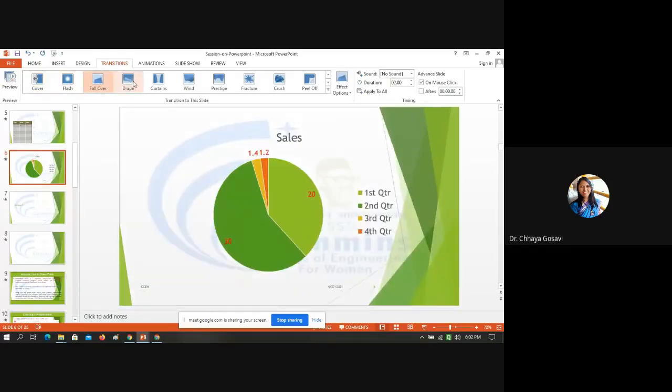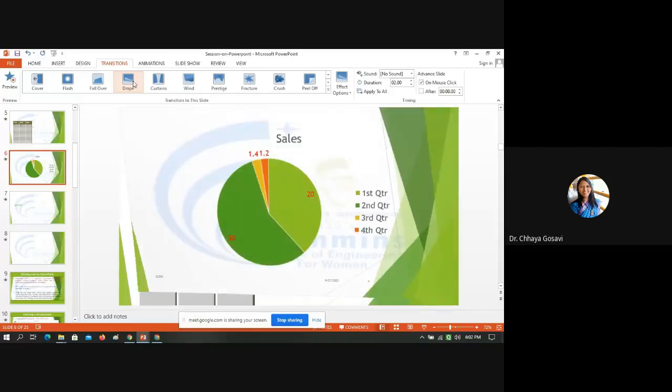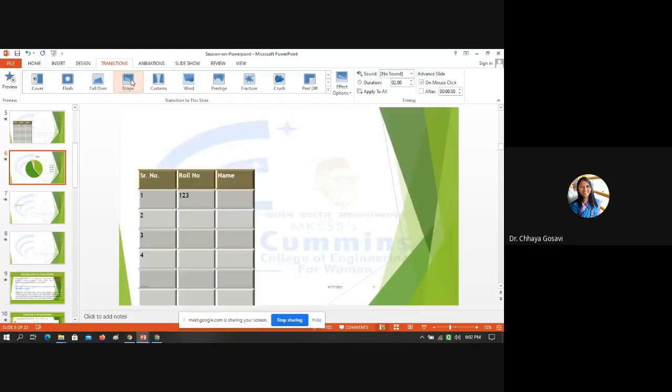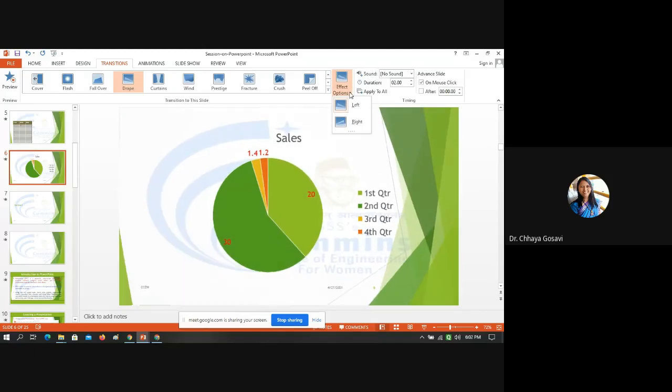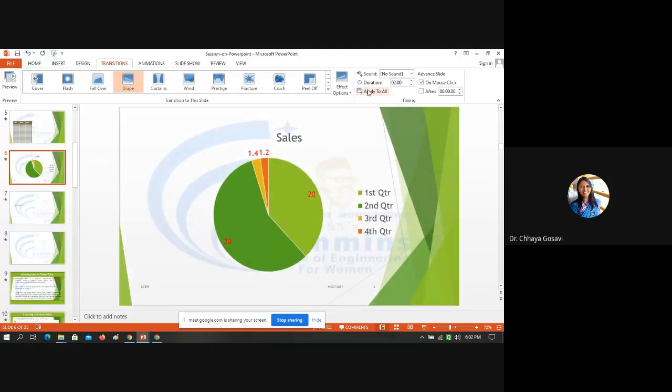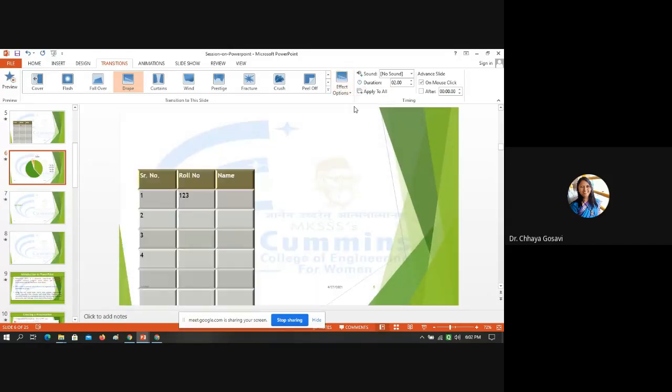You can just go on, and you can decide the duration or the speed of the transition. For example, I choose drape and these are effect options. I want to drape it from left or right. So in right, and if it is from left, like this.